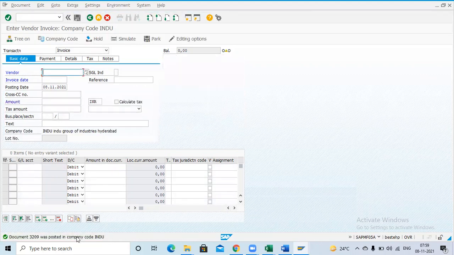The document was posted in company code Indu. So below 15,000, it will allow the transaction. Above 15,000, it will throw the error.